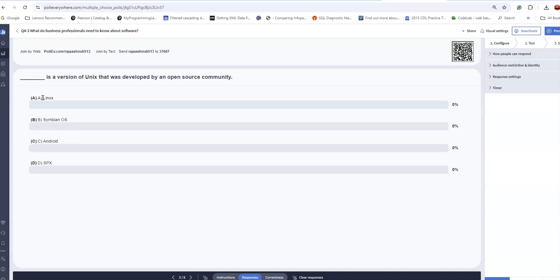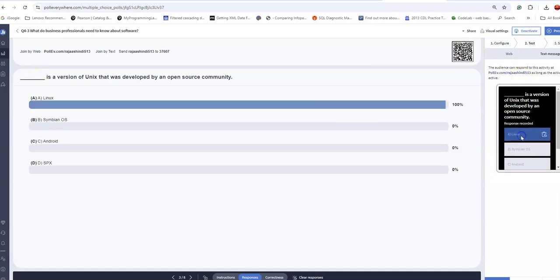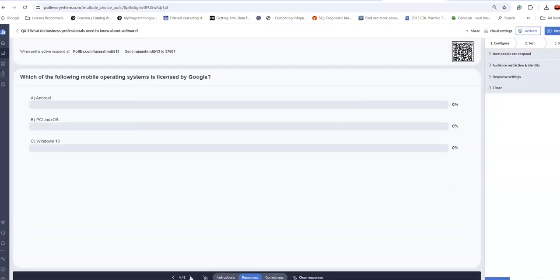And just FYI, the iOS operating system is based on Unix. But the answer to this question is that Linux is a version of Unix developed by an open source community, which means the license is owned by the public, and you can download, install, or even modify this software if you are a programmer.